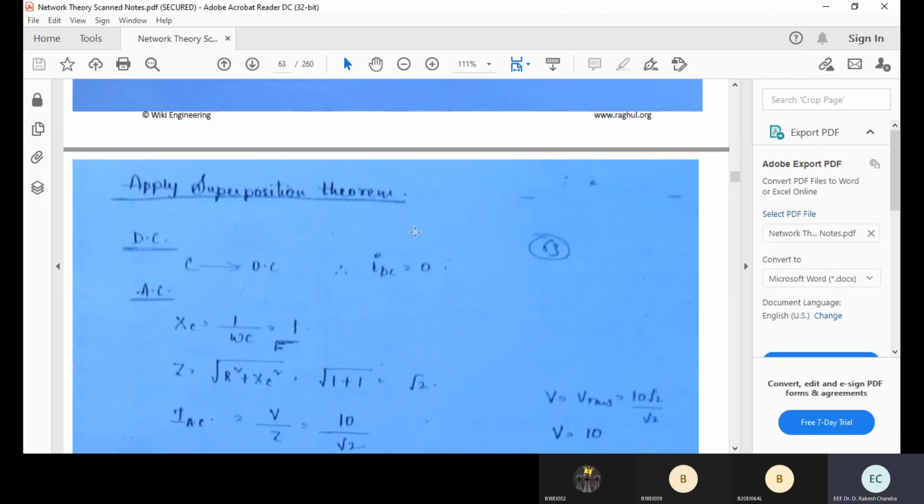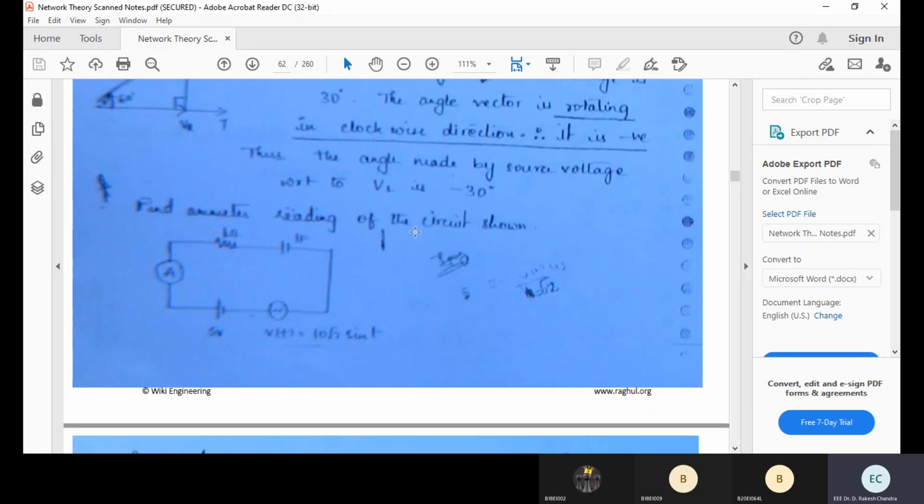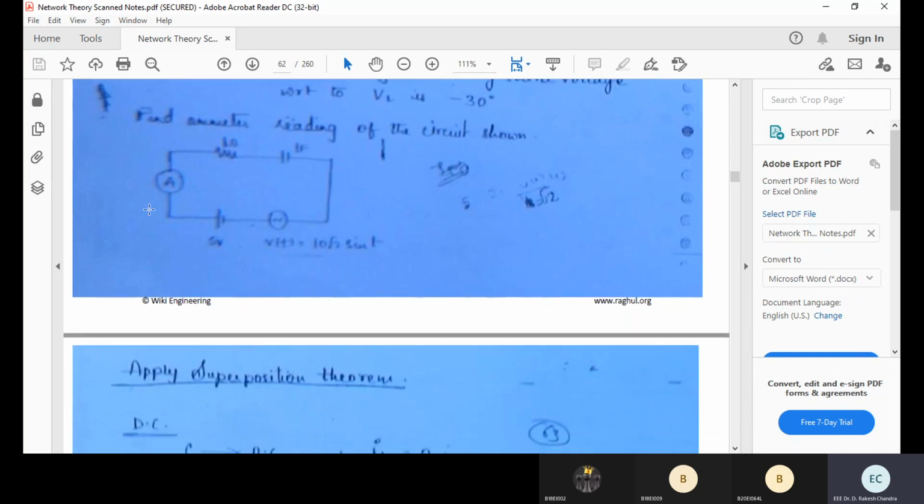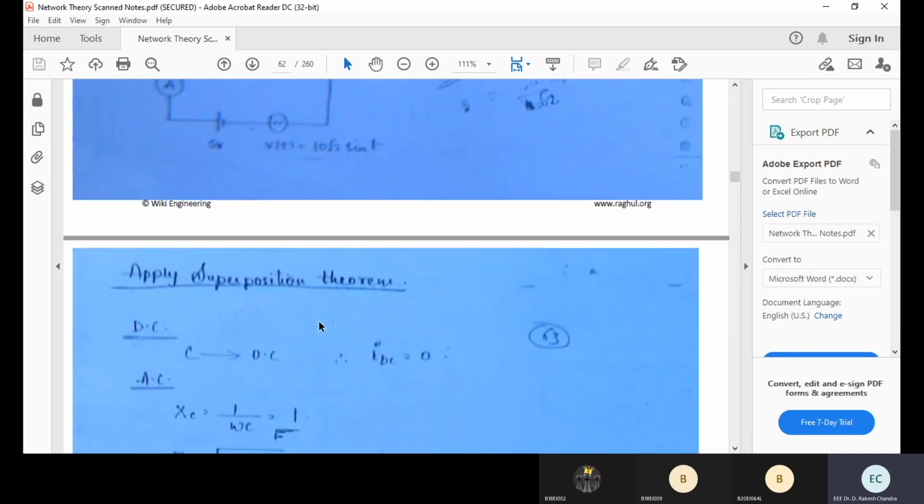If you apply the superposition theorem, do you know the superposition theorem? Anyhow, I'm going to discuss it in the coming classes, but let me tell you one point because it is necessary to solve this problem. In the superposition theorem, defined for a linear active bilateral circuit, the total response is equal to the sum of individual responses. First, you work with the 5 volt DC source, letting the AC source be inactive. Then you try with the AC source, letting the DC source be inactive.